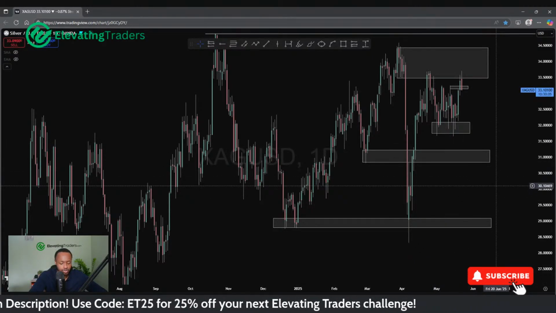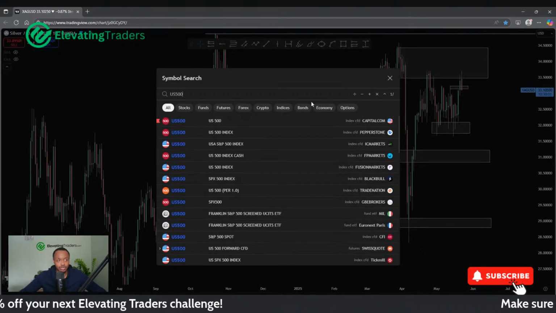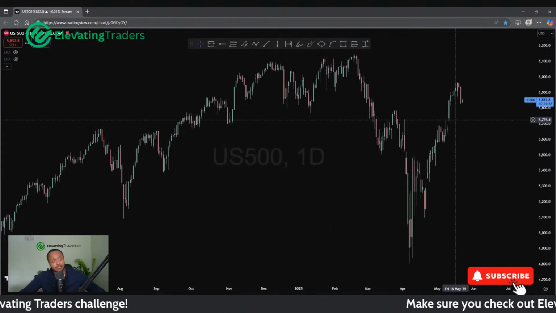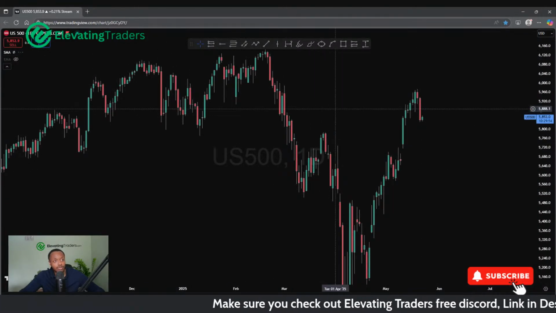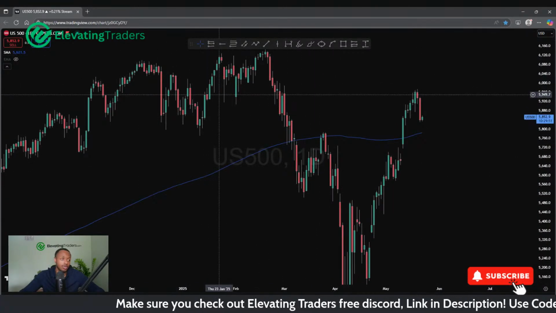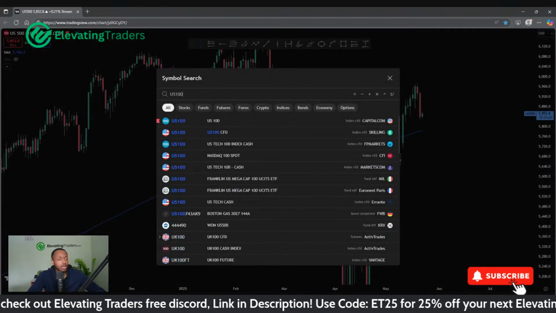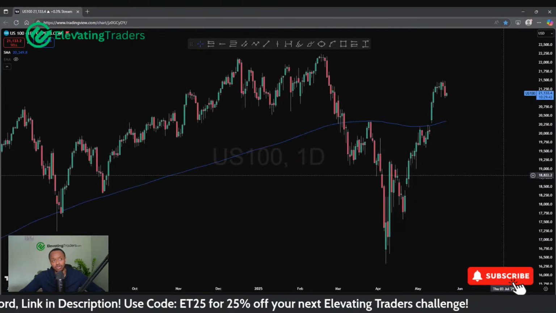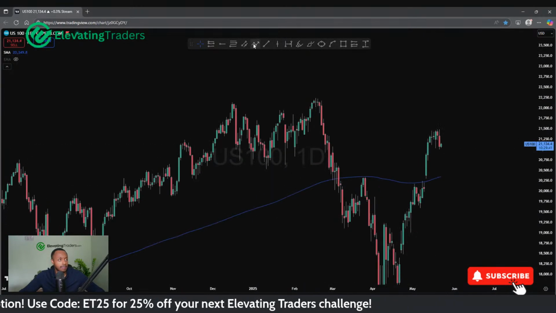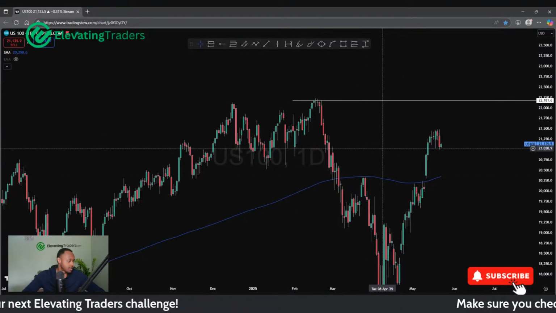But indices I'm pretty bullish on as a whole long term. But we have seen some corrections from them. And yeah, S&P, pretty bearish day yesterday. We're still comfortably above the 200 moving average, so no alarm bells being rung. NAS 100, similar situation there as well. That's still looking very, very bullish. I think we're just going to end up back at the all-time highs in no time.